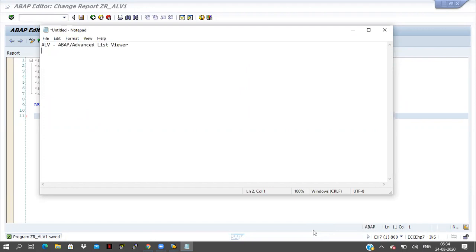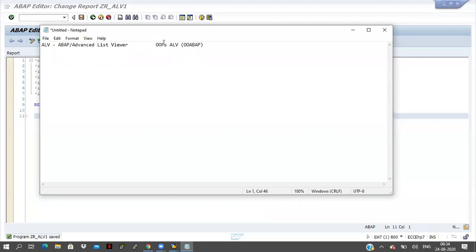Whenever we have to work on the reports concept, we have two options: either ALV or OOPS ALV. If you get any requirement in real time to work on reports, then we have to work on either an ALV report or an OOPS ALV report.